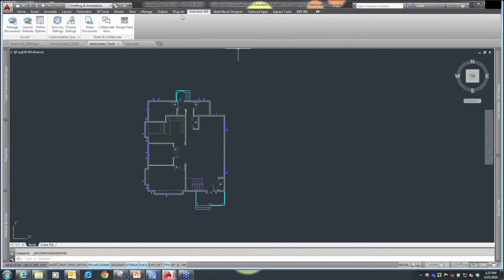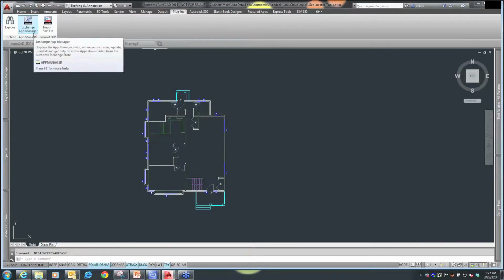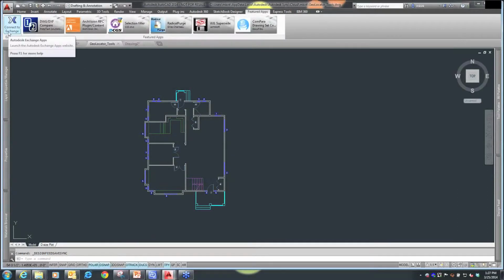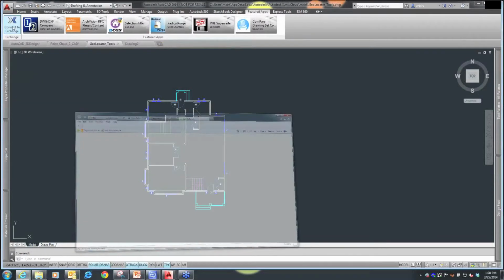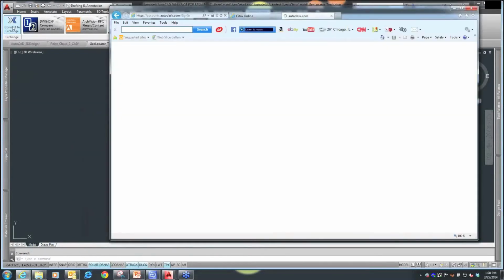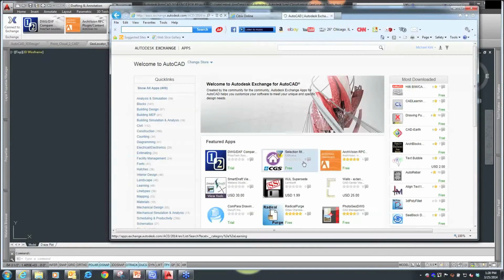our ability to work with our Autodesk Exchange application manager. I can connect directly to Autodesk Exchange, and this happens to be the files that I've chosen to use. Some of this is what was downloaded automatically, but if I need access to more apps and I want to see what apps are available to me, I can just connect to Exchange. I can look at their featured apps